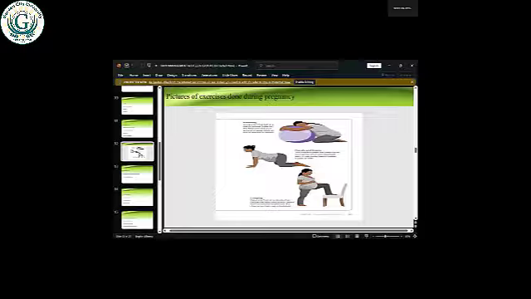Although you can go online and search for exercises to perform, some of them are so vigorous to the extent that when you, the health worker, even see it, you become shocked: is this an exercise for a pregnant woman? Some are so vigorous. So when you see, you tell them, if you go online and see all those things,